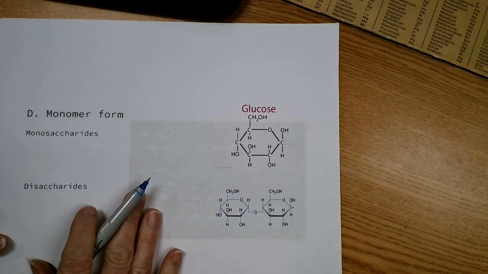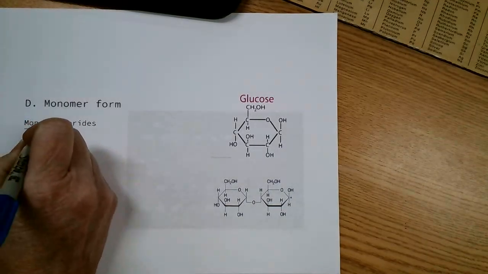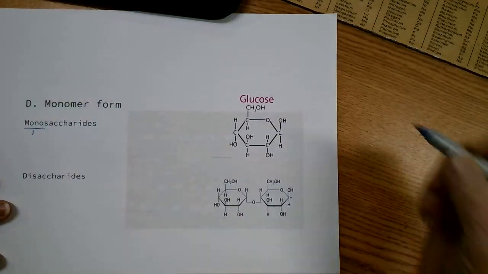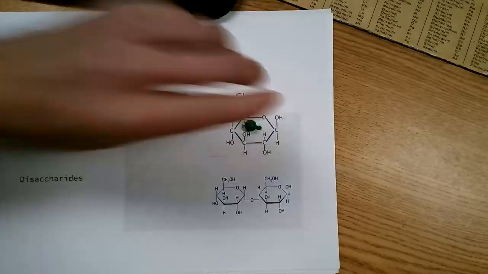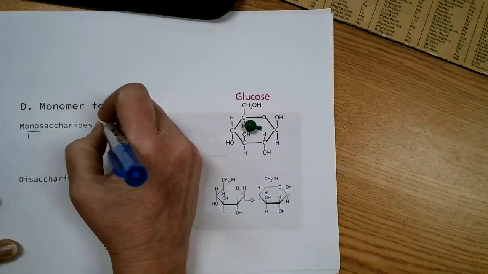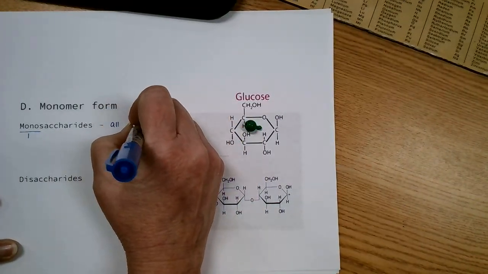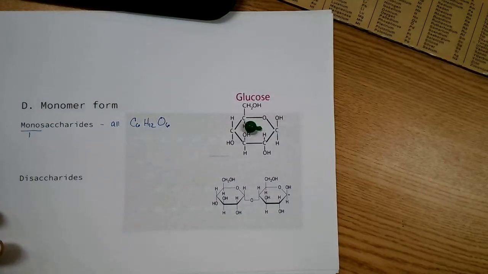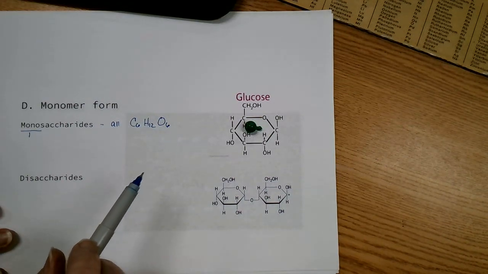This diagram here is going to talk about the monomer form. And the monomer form, you'll like this, is the monosaccharide. Mono meaning one, and glucose is an example. See how it's like one ring? It's like those beads, just one bead. Monosaccharides, the ones that we need to know, all have the formula C6H12O6. Does this sound familiar? Yeah, that's a molecular formula, and they all have the same molecular formula.